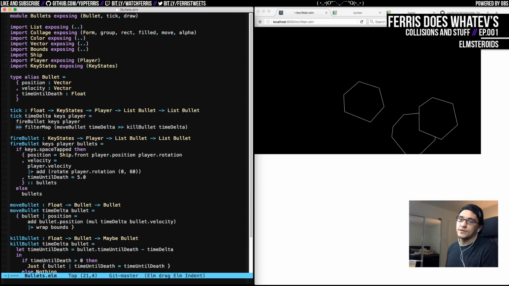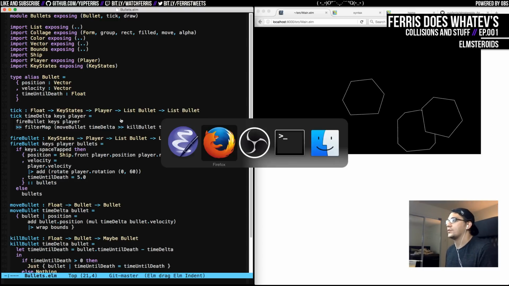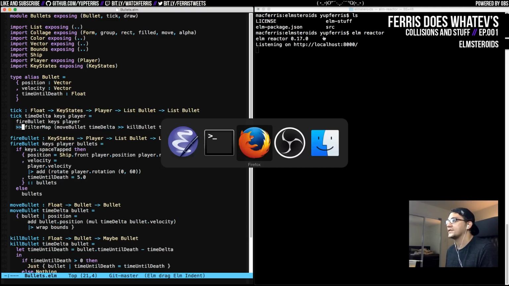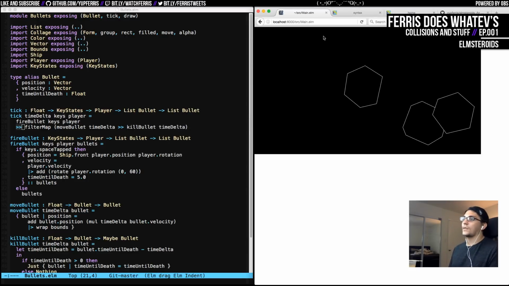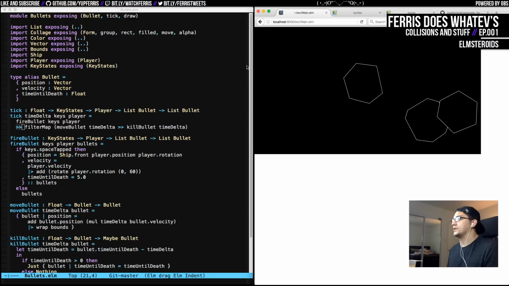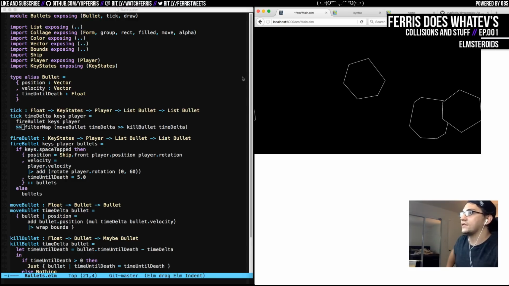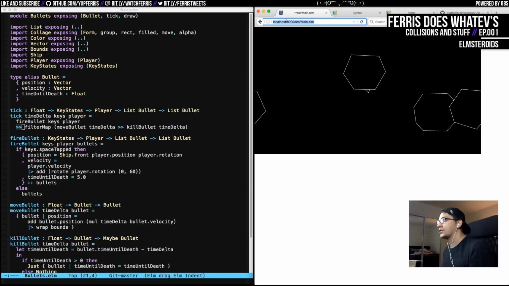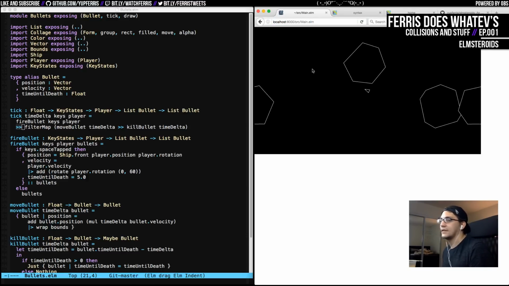Lohenzo says, how do you serve those files? This is all running in the Elm reactor, which is a thing that just watches my local files on the local file system. And whenever it changes, it will generate new JavaScript and stuff. And that runs a little local web server. So when I navigate to localhost on port 8000/source/main.elm, then I get